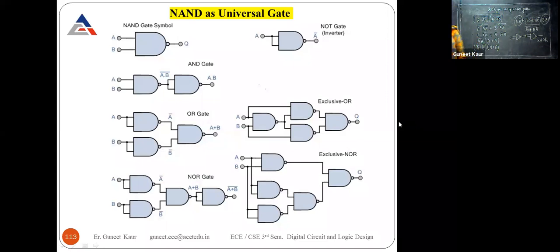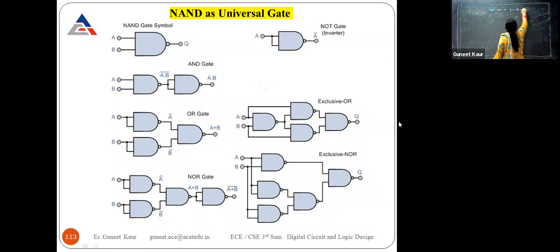Okay, so next we will do the NOR gate as a universal gate. In that case, we will discuss how we can derive your other gates. Okay, let us suppose I will derive one or two gates using the NOR gate now. So now I will realize the AND gate, let us suppose the AND gate using the NOR gate.